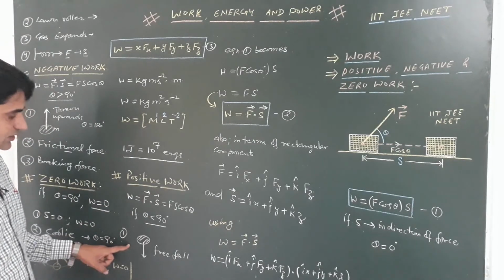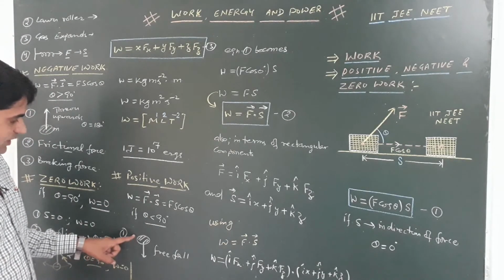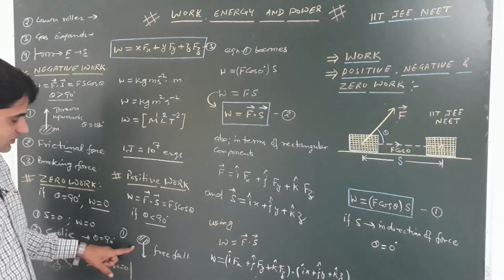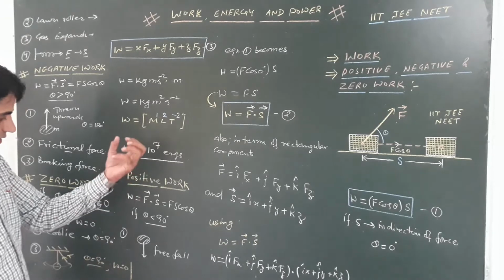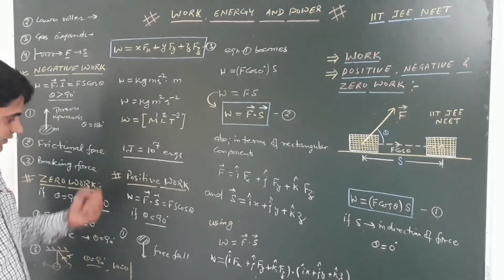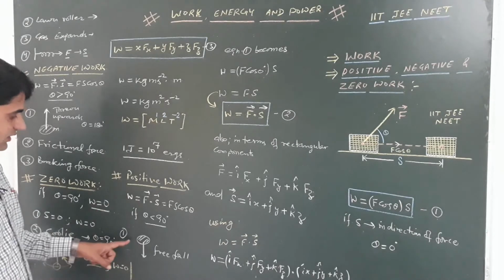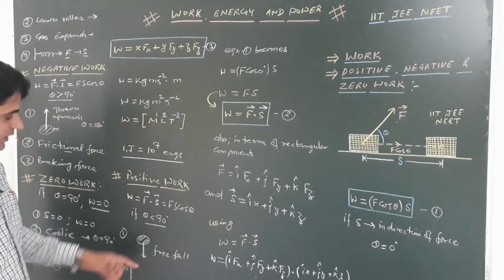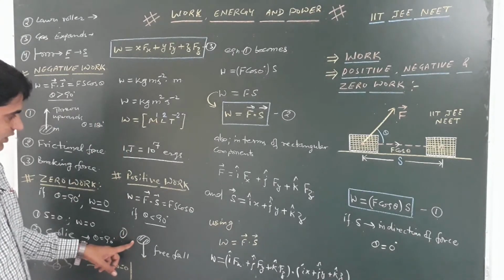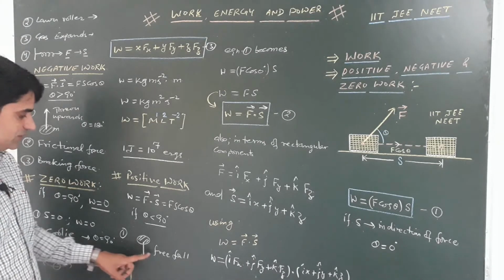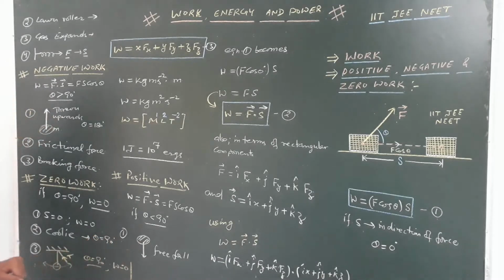Suppose with the example we are considering, an object is falling freely in the downward direction from some height h under the action of gravitational force, gravity due to earth. So gravity is towards the center of earth and also the displacement is in the downward direction. So the amount of work done will be positive in that condition by the force of gravity on the object of mass m, which is under free fall.